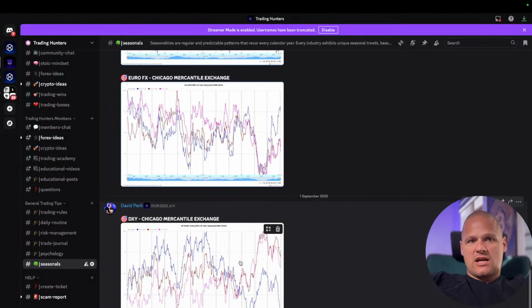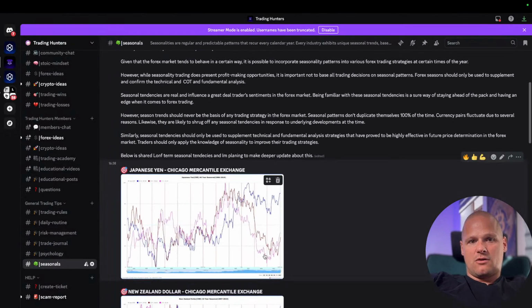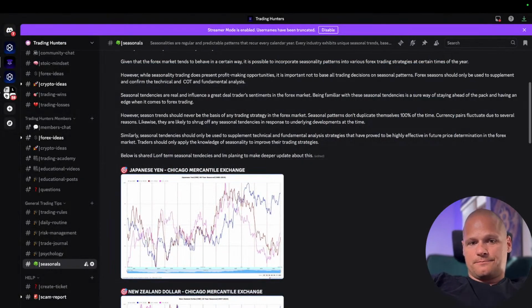Let's check the USD JPY. It's going to be probably the opposite, right? Look, May is a little bit weaker and June getting stronger, right? So look how it starts to make sense, right? So we can see